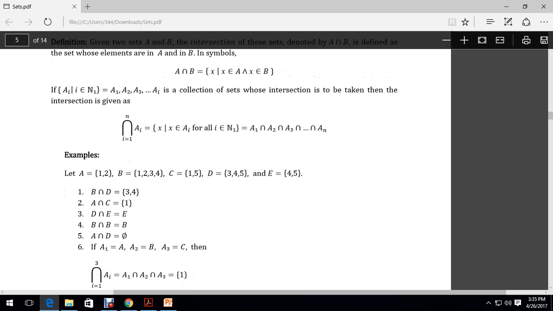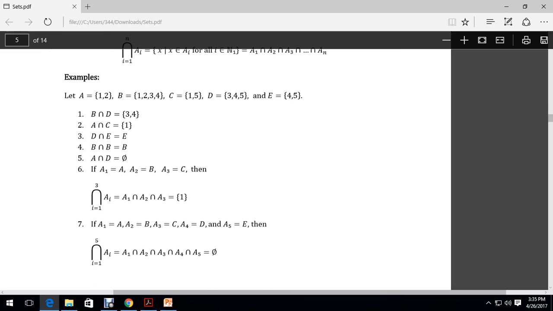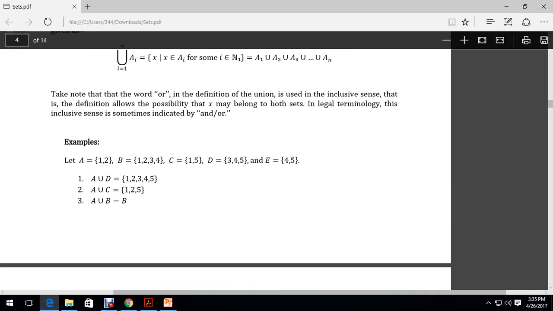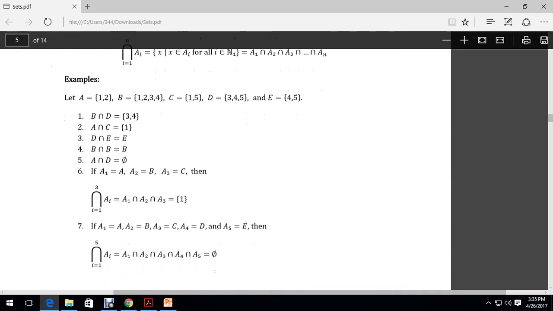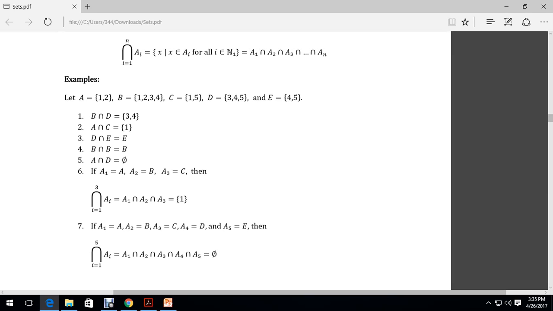Now let's try to take a few examples. The examples that appear here are the same set of examples that we have used in the earlier example for the union. So let's try to answer the following. We have B intersection D. Since the idea of the intersection is that the intersection is simply the set of all common elements of the two sets, therefore between set B and set D, the common elements between these two are the elements 3 and 4, and those elements 3 and 4 would be exactly the elements of the intersection between B and D.